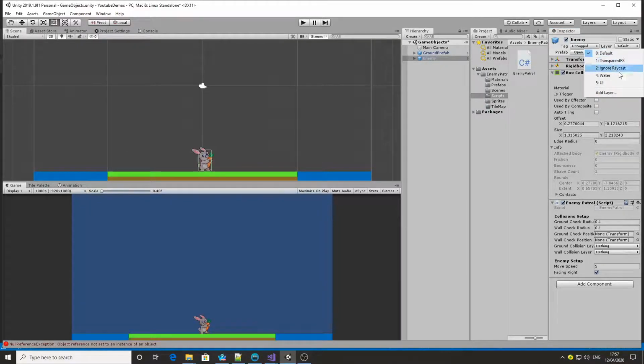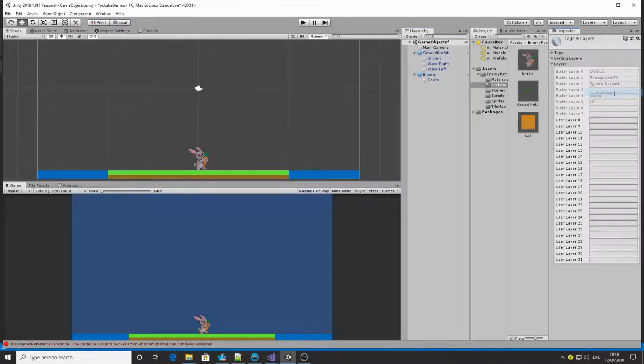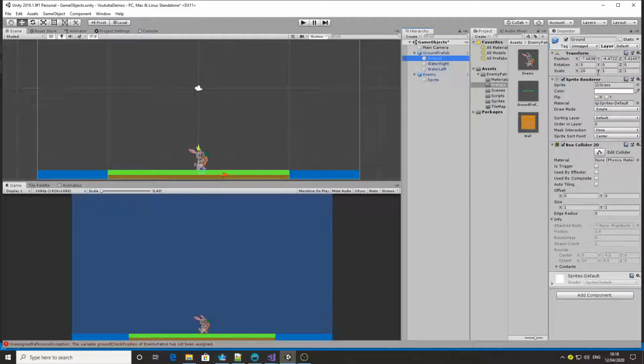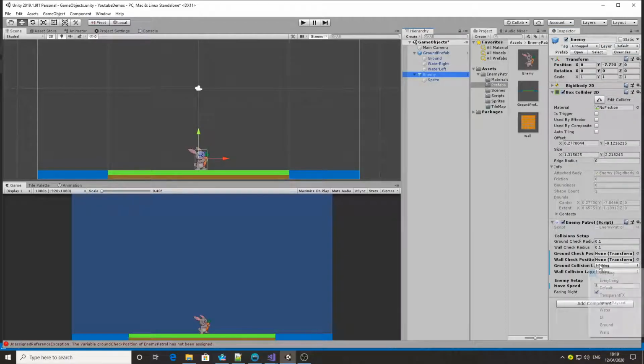and create some new layers. So let's add 2 new layers, ground and wall. Okay, so we need to add the layers. Okay, we'll assign the ground layer to the ground object on the prefab. In the enemy, we will select ground for ground layer, wall for wall layer,